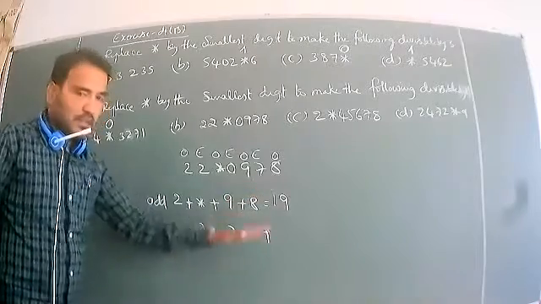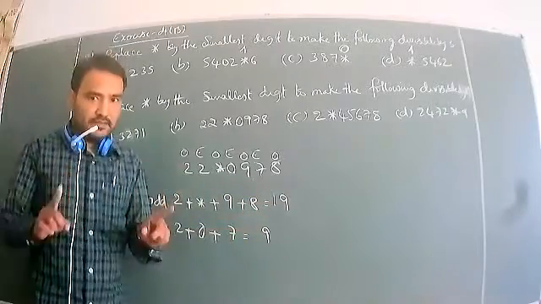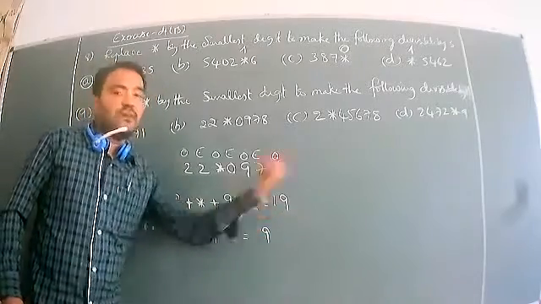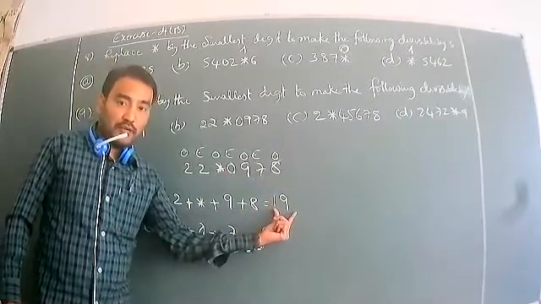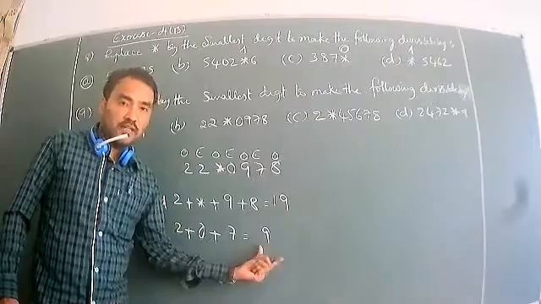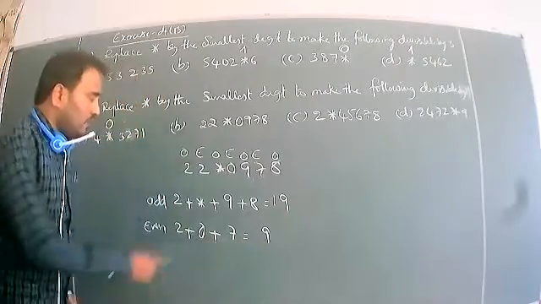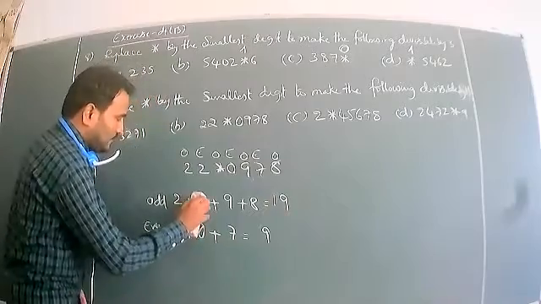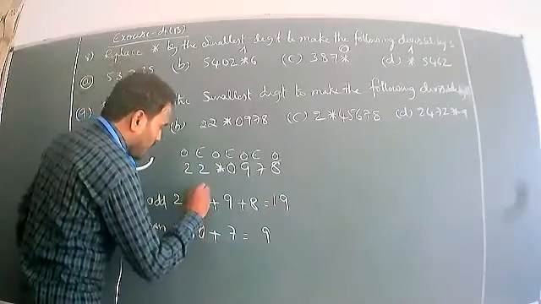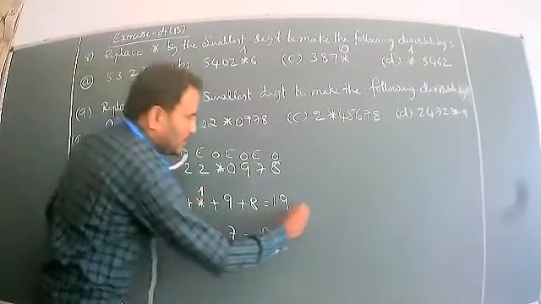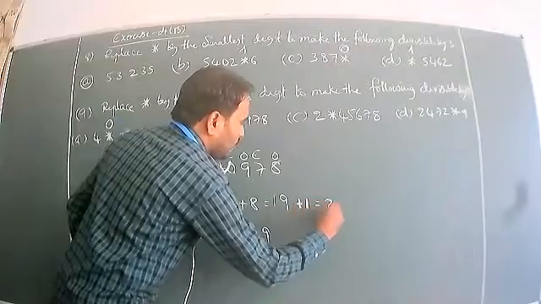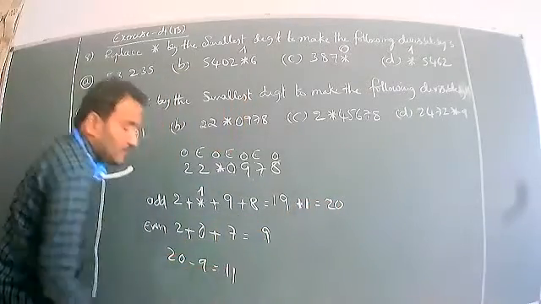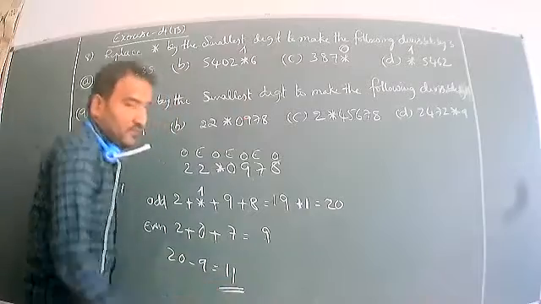So now we subtract, we get 11. Here 19, so 1 will be added in this number, so we get 20. So 20 less 9, we have 11. Now here the star is there, we should replace it with 1, so we should write 1. So now 20 minus 9, we get 11. Yes, 11 is a multiple of 11.